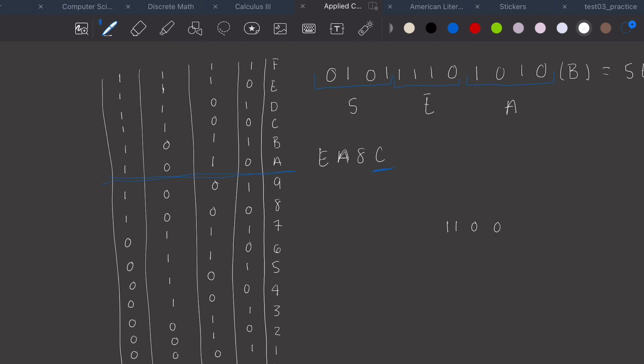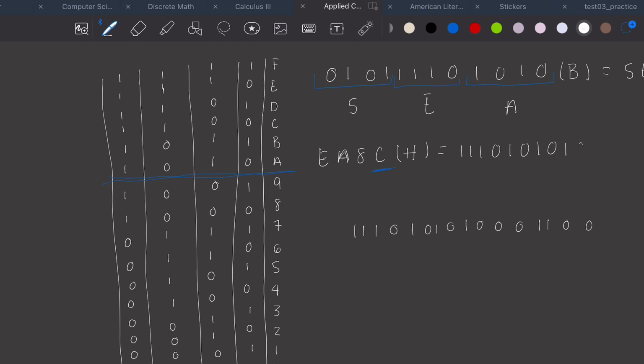8 in the binary table is 0 0 0 1. A is 0 1 0 1. And then E, let me move this, I'm running out of space. E is 0 1 1 1. So I have that EA87 in hex is equal to 1110